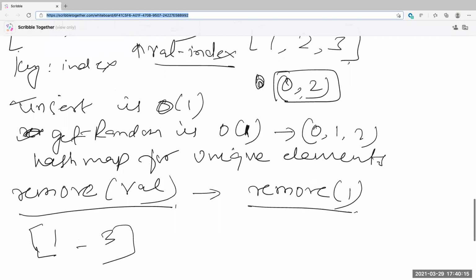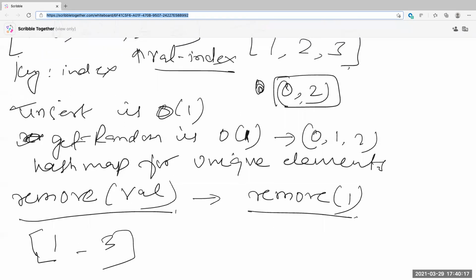When I say array in Java, I'm thinking of array list. Or even if you use an array, it doesn't matter. Then you go look at the array, you have that number, you just remove that number. Now you have a hole, right? What are you going to do? You don't want that hole in an array. Now you have to compress it. How will you compress it in an order 1 operation in an array?